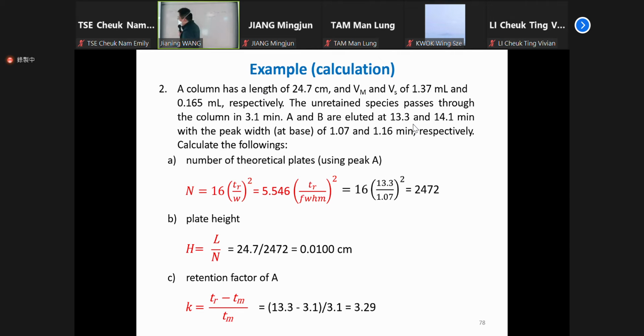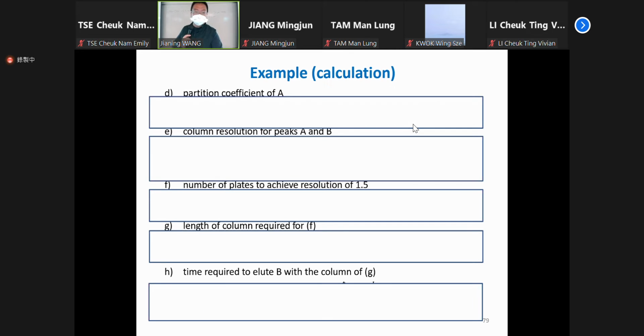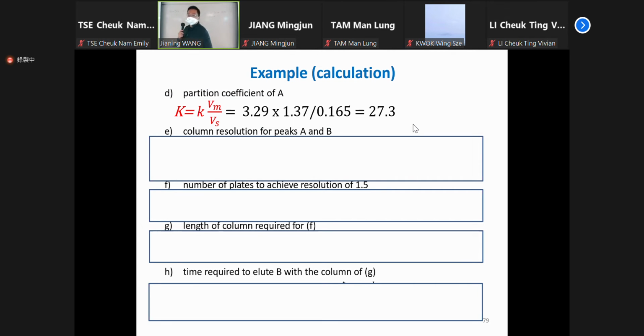So this ABC is quite easy because we have enough information to derive the answer. So now go through the partition coefficient of A. So here we need to recall the definition. What is the partition coefficient? Also the distribution coefficient, right? The capital K. Capital K is